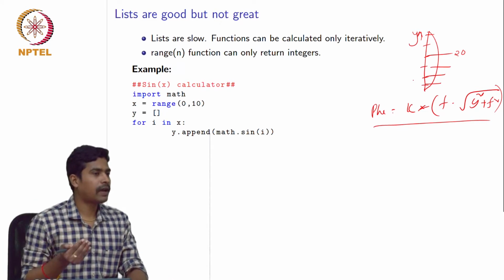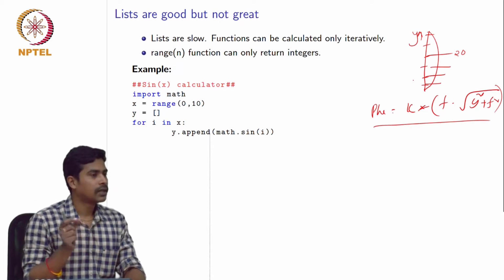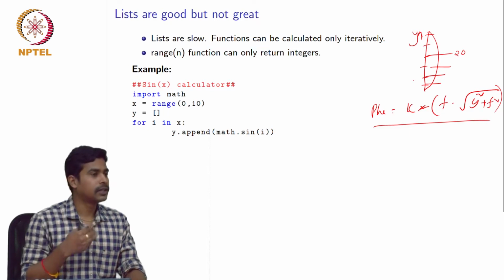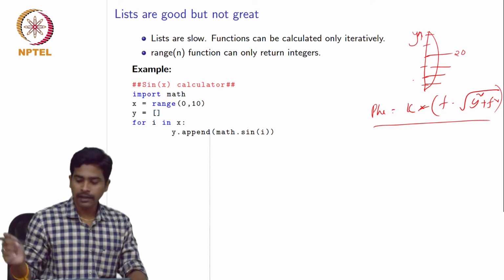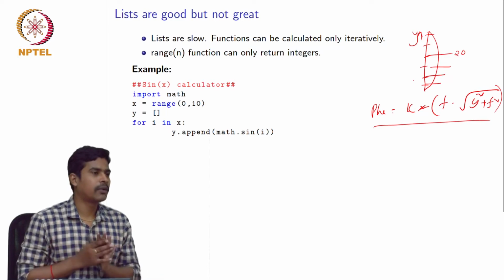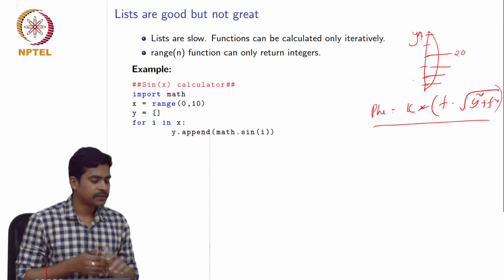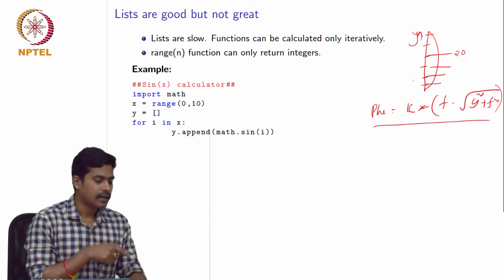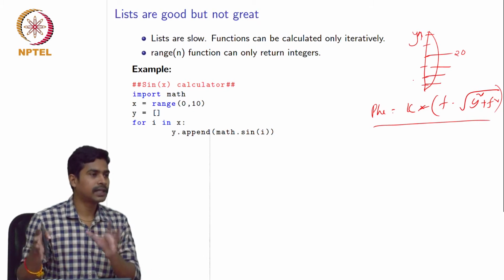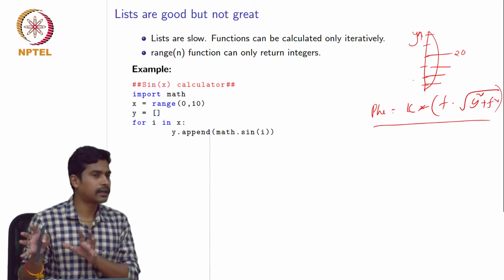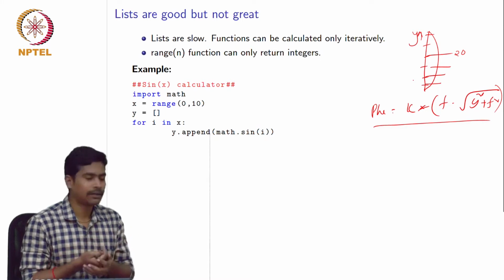But as the number of values or integers in your list keeps getting more and more, like 1000, 10,000, 1 million, this for loop operation is not very useful and it gets very slow, which we have seen in the previous example, where we tried to calculate the pi value using 10,000. We have seen the program slowed down quite a lot. It took some 10 seconds or so to calculate the value.